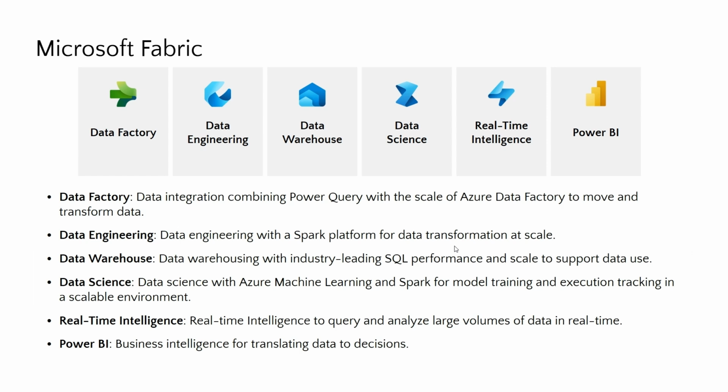Data engineering within Microsoft Fabric leverages Apache Spark for data transformation at scale. It allows you to process large data sets and apply advanced transformations. Some key features include distributed data processing, advanced transformations, and integration with lakehouses. If you are working with log data, for example, from thousands of IoT devices, data engineering allows you to clean, enrich, and aggregate that data in parallel, making it ready for analysis in a fraction of the time it would